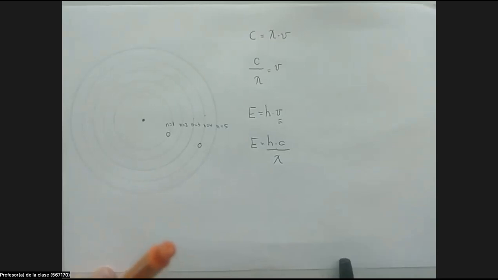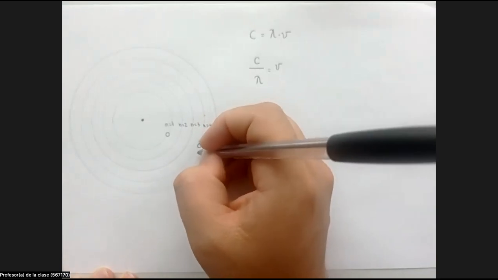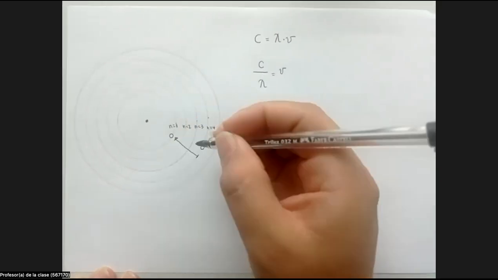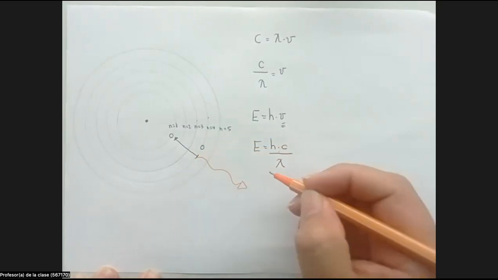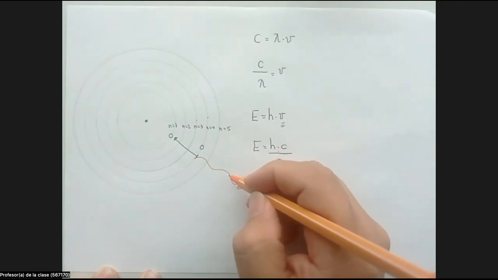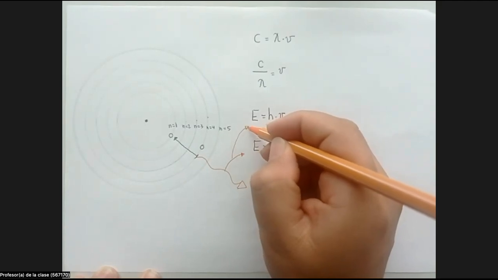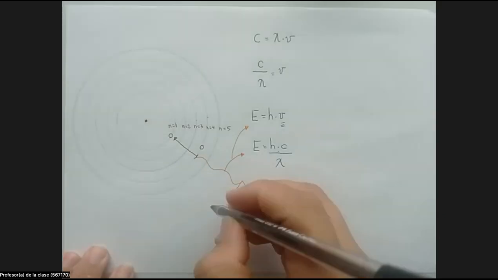I know that if the electron goes from a higher level to a lower level, a photon is emitted, and the energy of this photon emitted will be this formula over here, or this one, remember, they are the same. So if you go from level 4 to level 2,